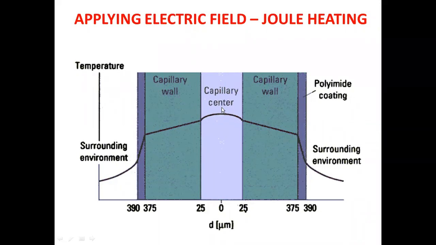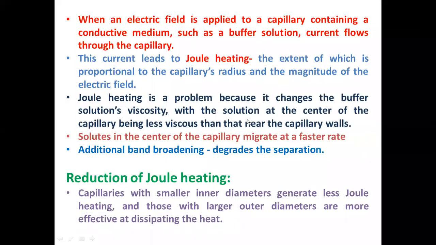If the thickness of the wall is very low, the internal diameter will be high. As the internal diameter of the capillary is going to be high, the viscosity of the buffer solution tends to decrease. And not only does the viscosity tend to decrease, but it will also increase the electroosmotic flow. So this is going to impair the resolution, and also the efficiency of the separation in the capillary electrophoretic process. Therefore, it is recommended to use narrow bore capillary tubes with lower internal diameters and large outer diameters.